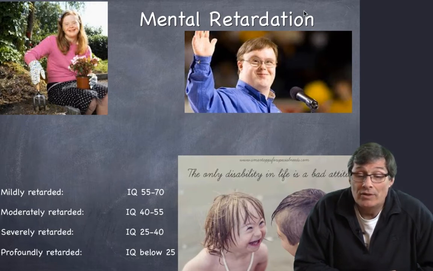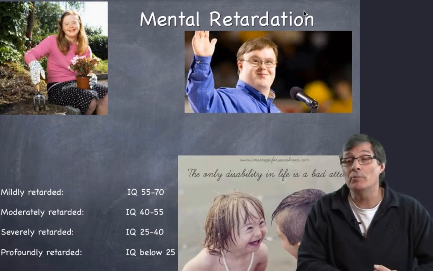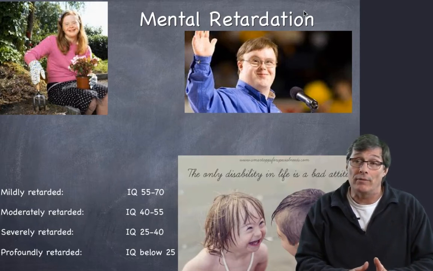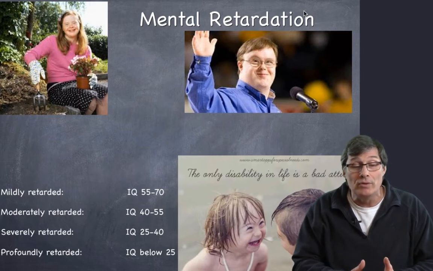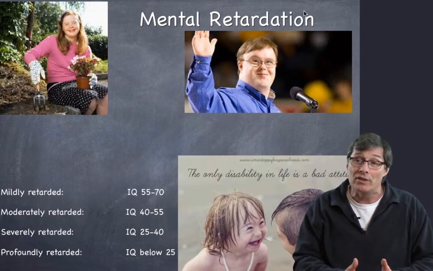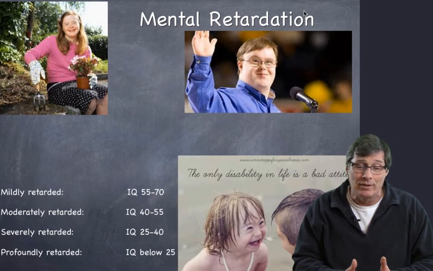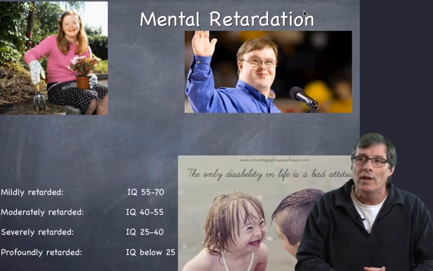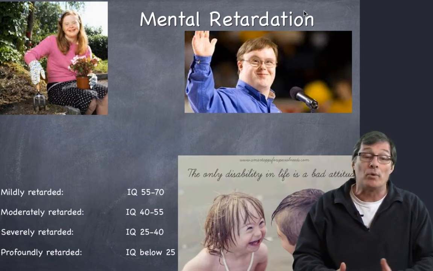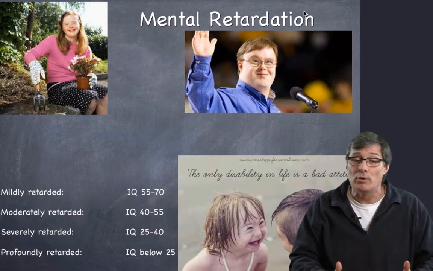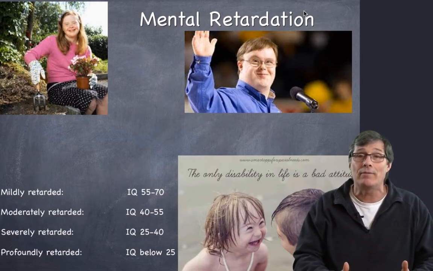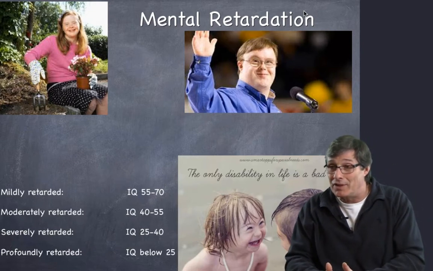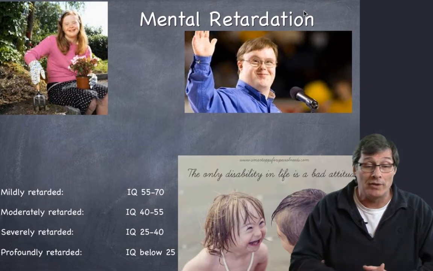Now, the definition is subnormal intelligence, which is reflected by an IQ score below 70, and by adaptive functioning severely deficient for one's age. It just means that the person has skills below what other people their age would have. It's important to note that even if you use the term mental retardation, retardation means slower, it doesn't mean can't. So when we look at this topic of intelligence, it's helpful to have a broader definition of intelligence for the number of people who may not have a very high IQ score, but may have other areas of competency that separate them from others in a more positive way.